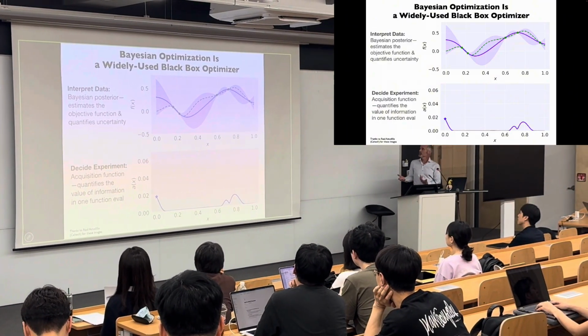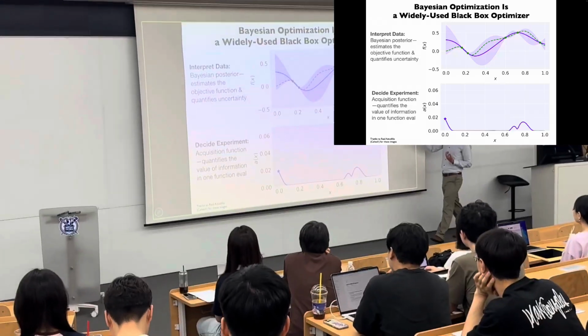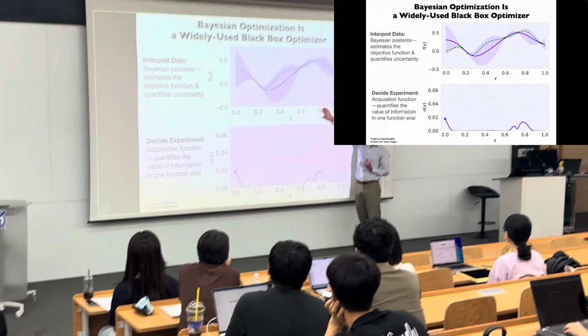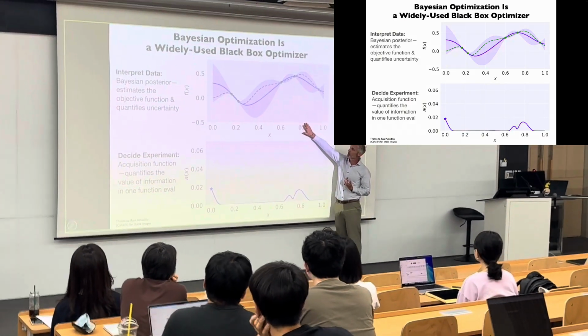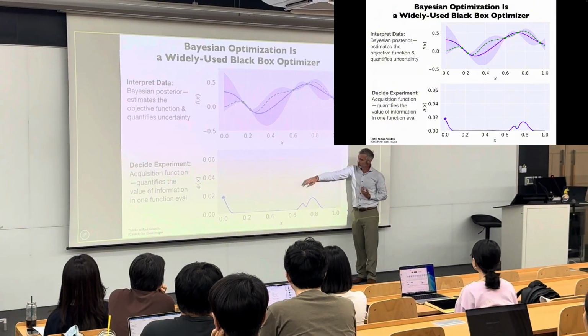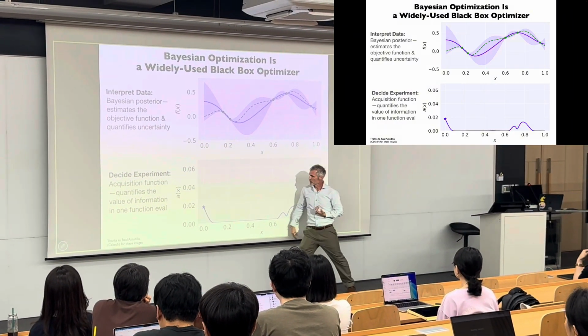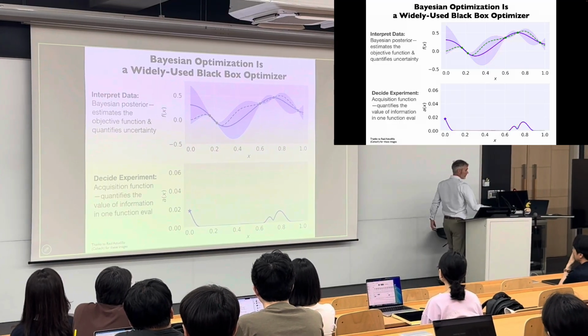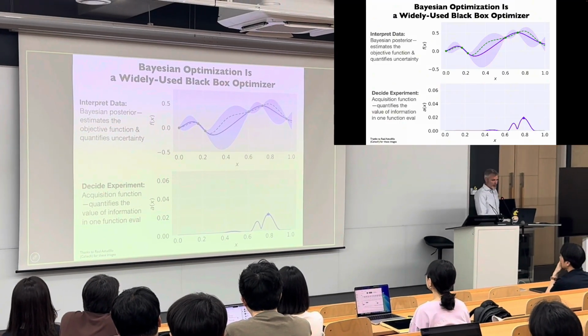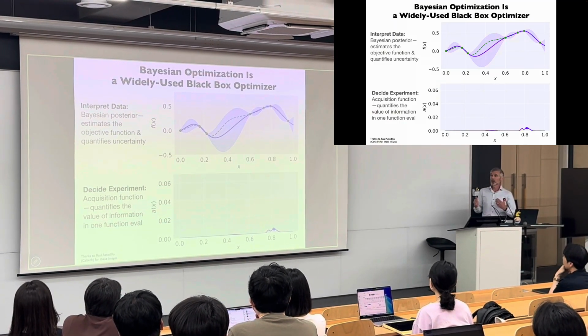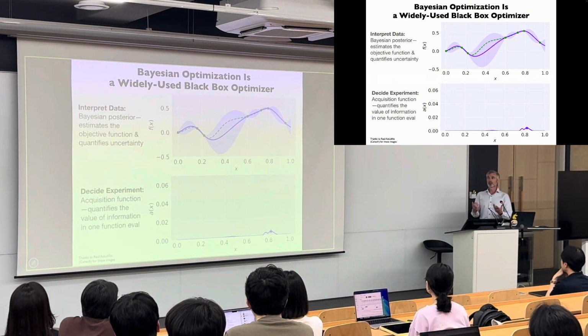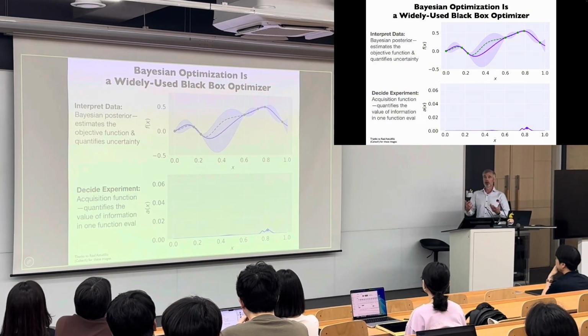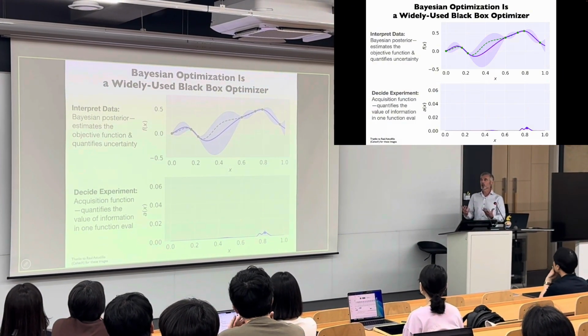I get that data, right? So I get a new green point. I update my Bayesian posterior probability distribution, recompute it, and optimize my acquisition function, find a new experiment to perform, and repeat. Okay? So if I've done a good job of setting up my machine learning model for quantifying uncertainty